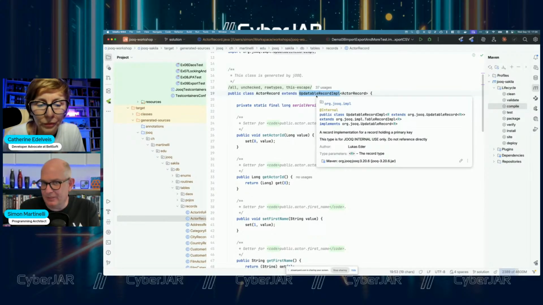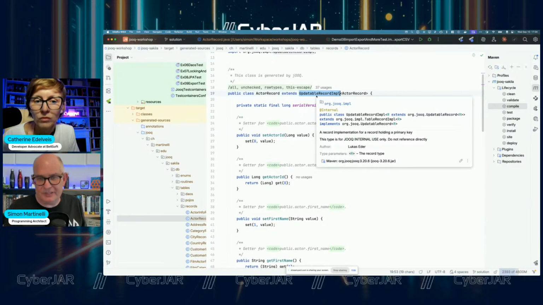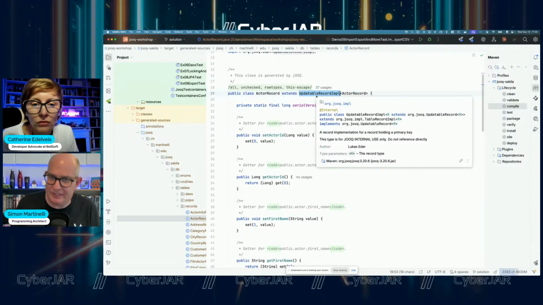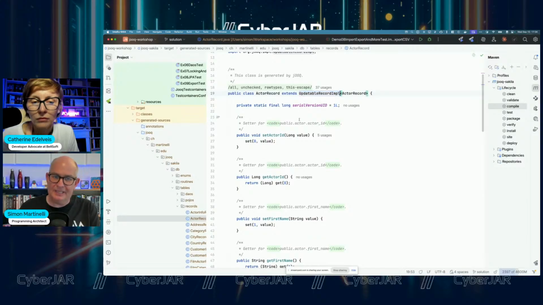If you know Ruby on Rails, it's heavily based on active records. They can even generate finders on the active record itself, because Ruby is a dynamic language, right? You can do whatever you want with it. That's not possible with Java. But here we have an updatable record that I can use to update the data.